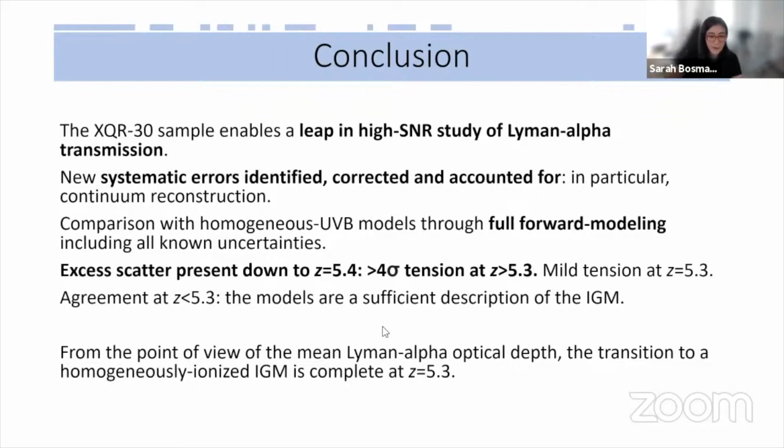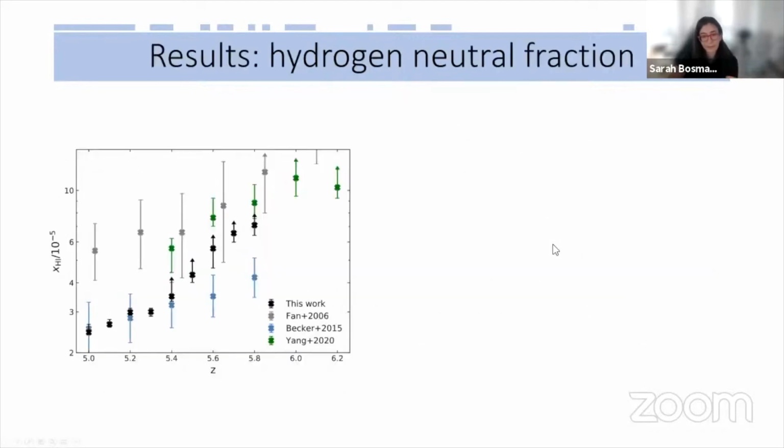What is the neutral fraction that you measured at redshift 5.3 when you said the tension sort of started? Right, so this is the neutral fraction measurements up to redshift 5.3. It's a bit low. At redshift 5.4 and above, we only give those as limits because the calculation of the neutral fraction relies on the model comparison, and you can't assume that the homogeneous UVB models are correct at these high redshifts. And we think that's maybe why this 5.3 point is a bit low. It's at around 3 times 10 to the minus 5. Okay, thank you.